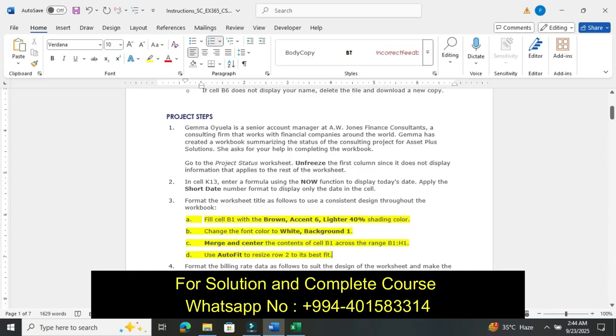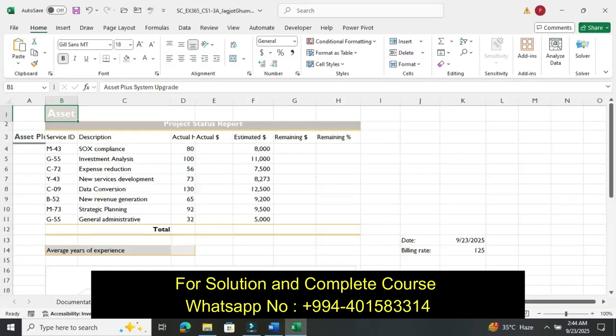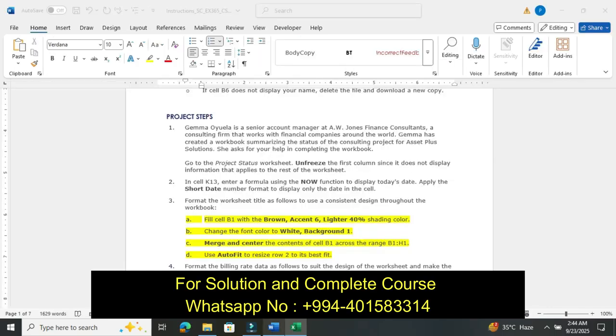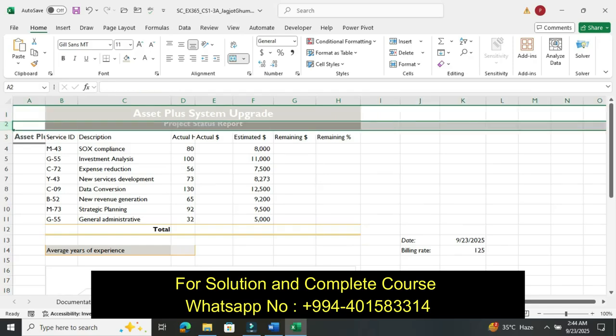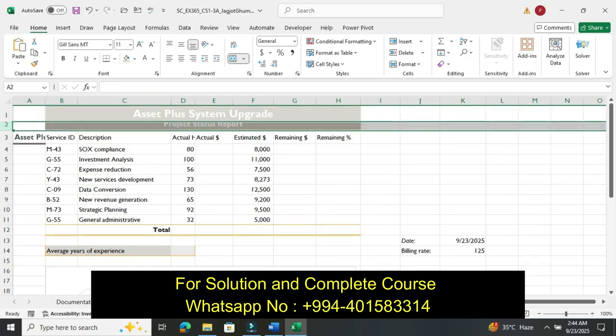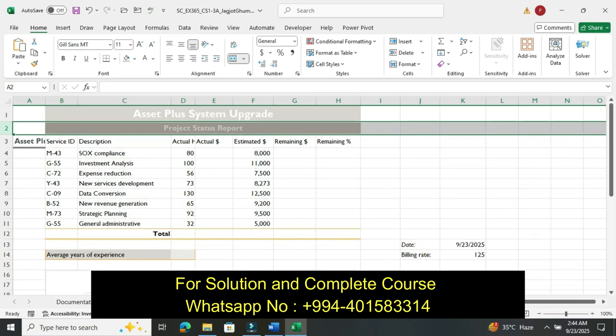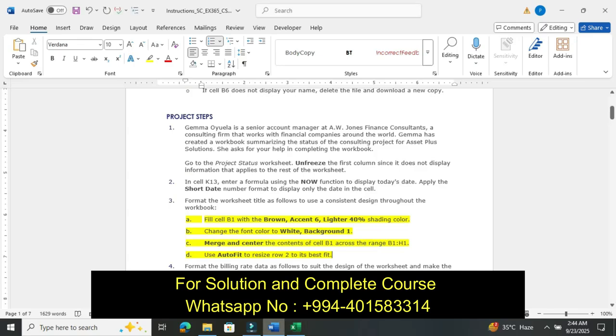Then merge and center the content in B1 to H1. So we select and merge the content. Then use AutoFit to resize row 2. Simply select row 2 and double click to AutoFit. So row 2 is AutoFit.